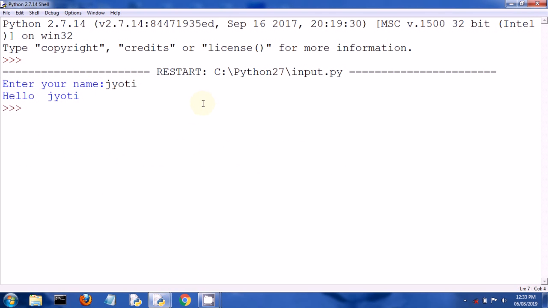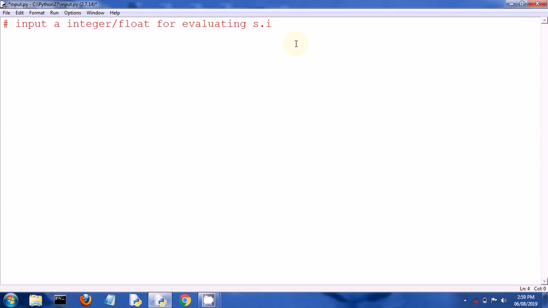So as you can see, if you want to observe the output screen carefully, all the user inputs are in black font, and all the predefined or generated inputs or messages are in the blue color. So in this way you can distinguish what is the user input and what is being generated by the code. Now as we know how to take string inputs from the user, let's move on to the next